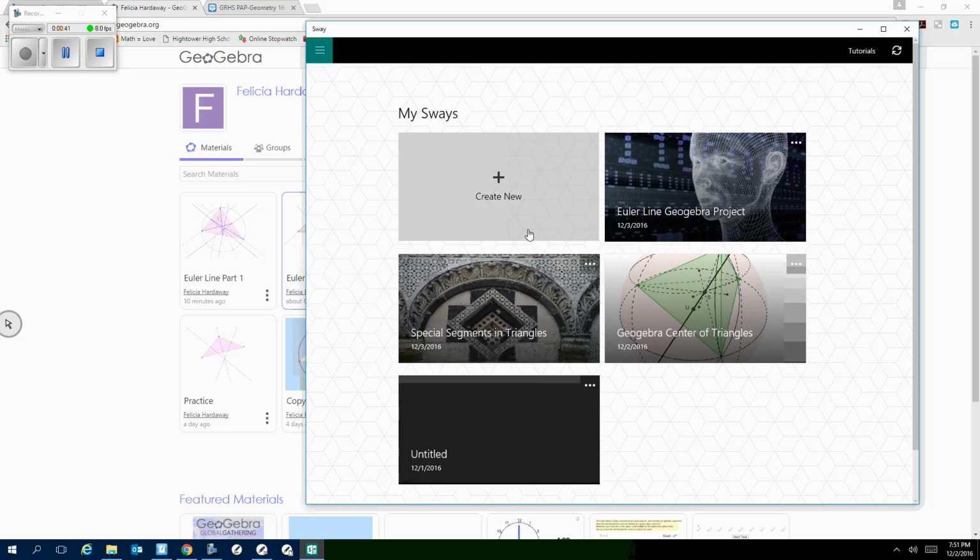So you have to do your research about the Euler line, the mathematician who discovered it, maybe the very special number that he also discovered that is related to other mathematics. Its significance, some real world examples. So when you create a Sway,